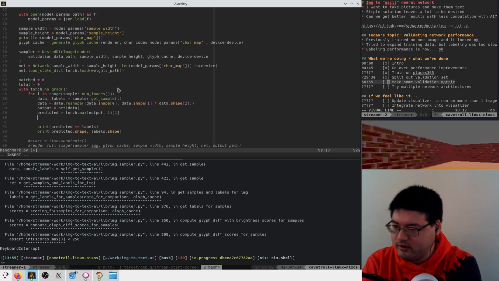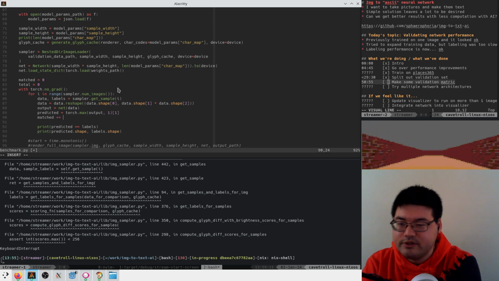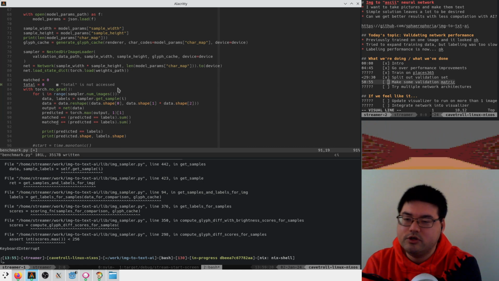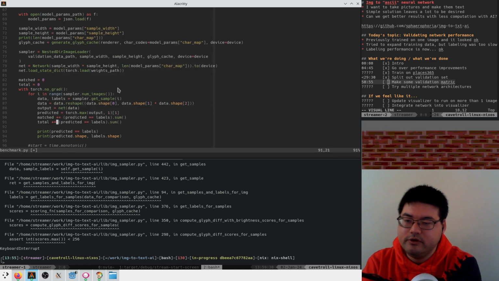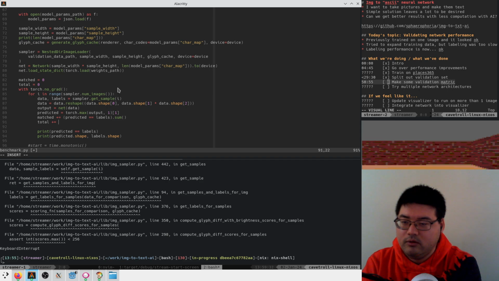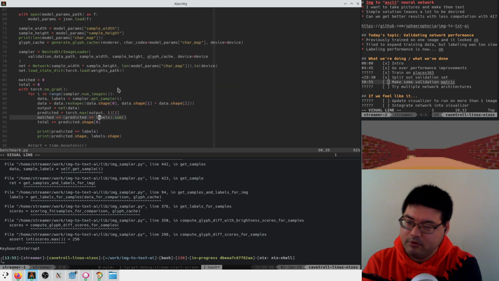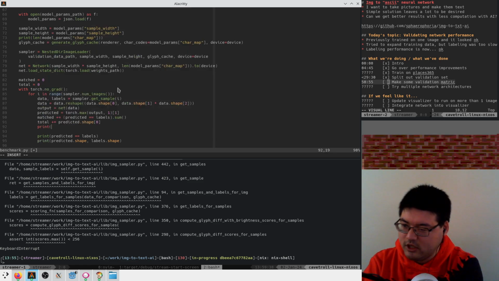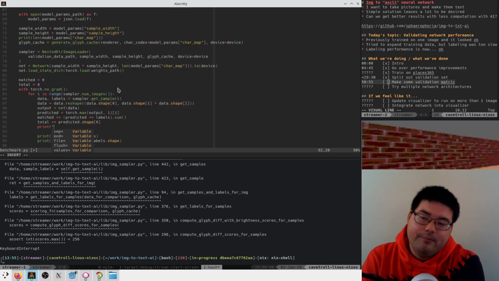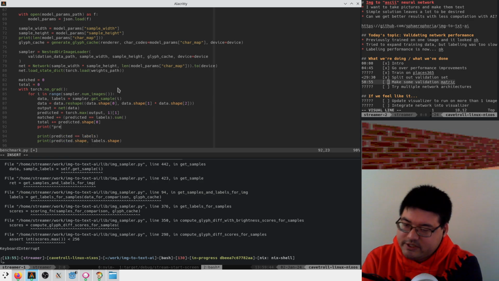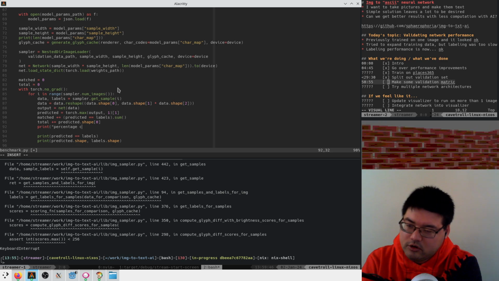And for each time, we're going to say matched plus equals predicted equals labels sum. And total is going to plus equal predicted shape 0. Right. So how many things do we predict? How many do we match? And then we'll just say here, since it's like slow, we're going to say predicted or percentage correct